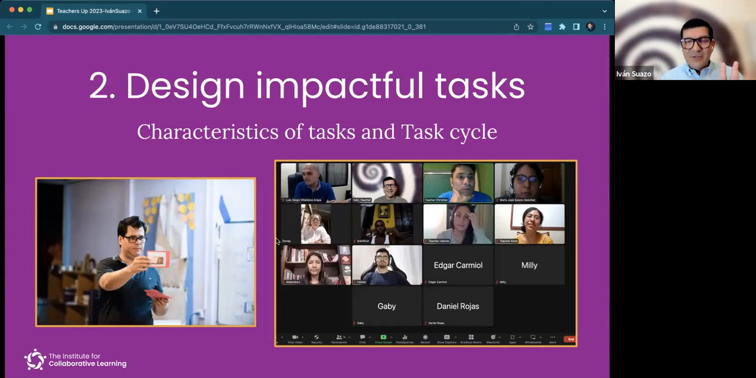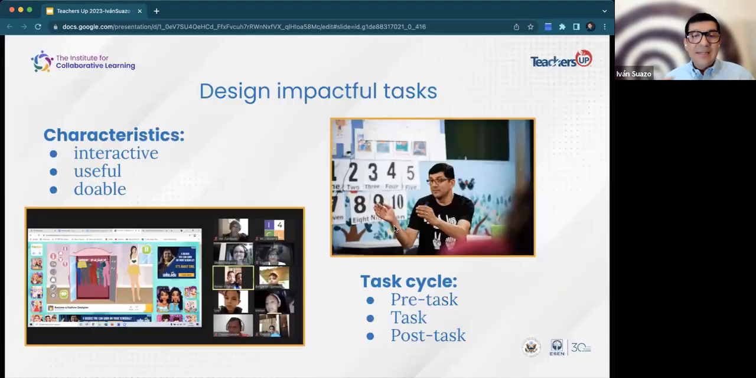So in these 2 pictures I have for online and face-to-face, you see the teacher on the left of the screen, holding a picture. So it's giving the task, and it's giving instructions. And this is part of the task cycle. And on the right of my screen, it's an online class. So as I was saying, this is applicable to online teaching and also face-to-face. So these are two ideas